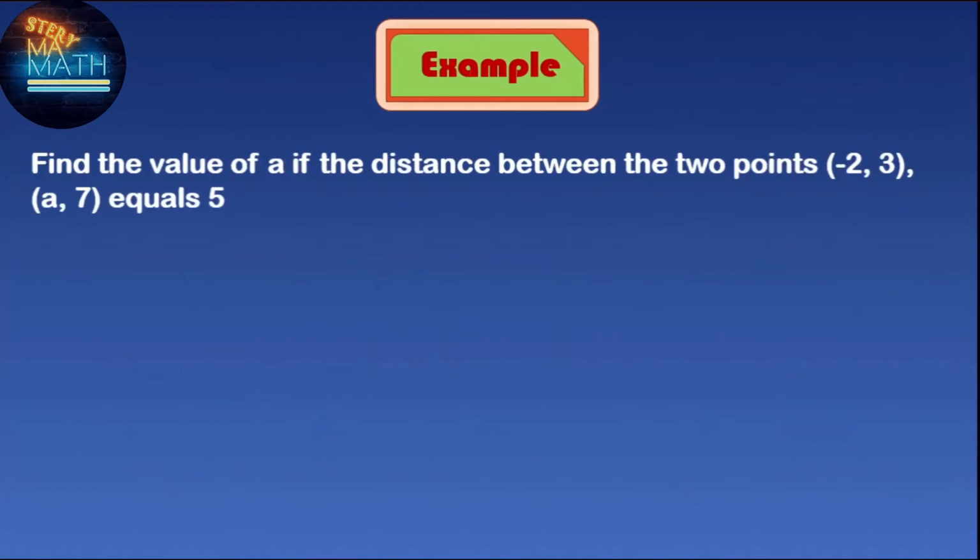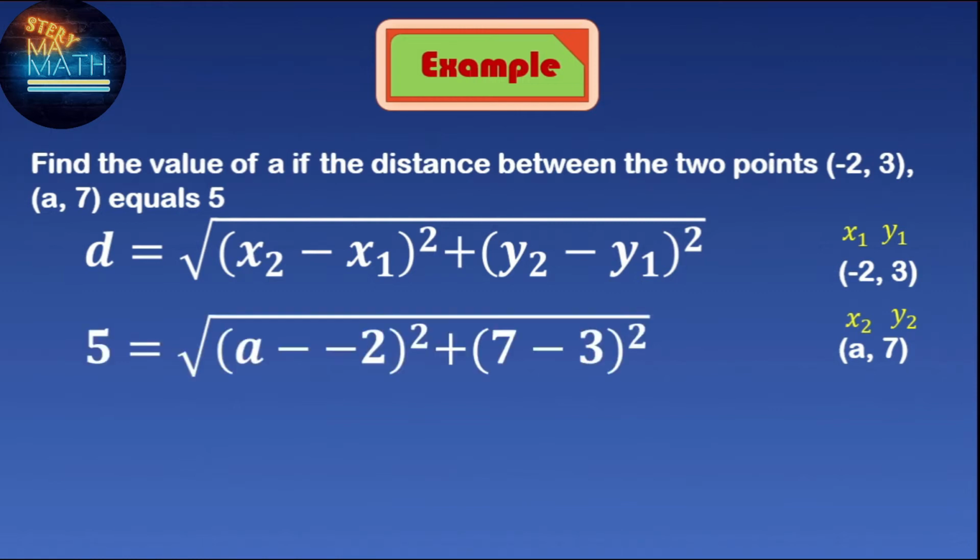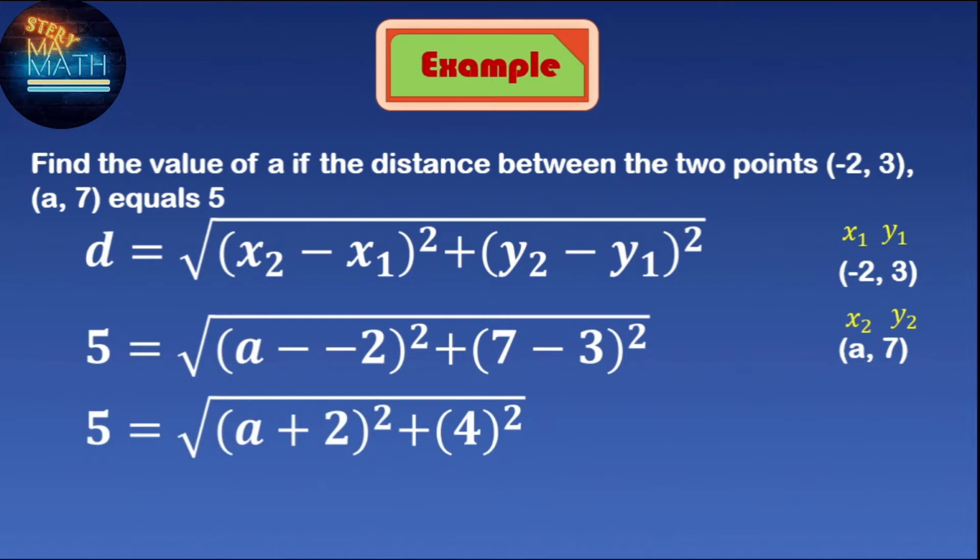Find the value of a if the distance between the 2 points (-2, 3) and (a, 7) equals 5. As you know, the first point is (-2, 3) and the second point is (a, 7). x1 is equal to -2, x2 is a, y1 is 3, y2 is 7. And you have the distance formula. Now x2 minus x1 will be a minus -2 and y2 minus y1 will be 7 minus 3, and a minus -2 will be a plus 2, and 7 minus 3 is 4, and 4 to the power 2 is